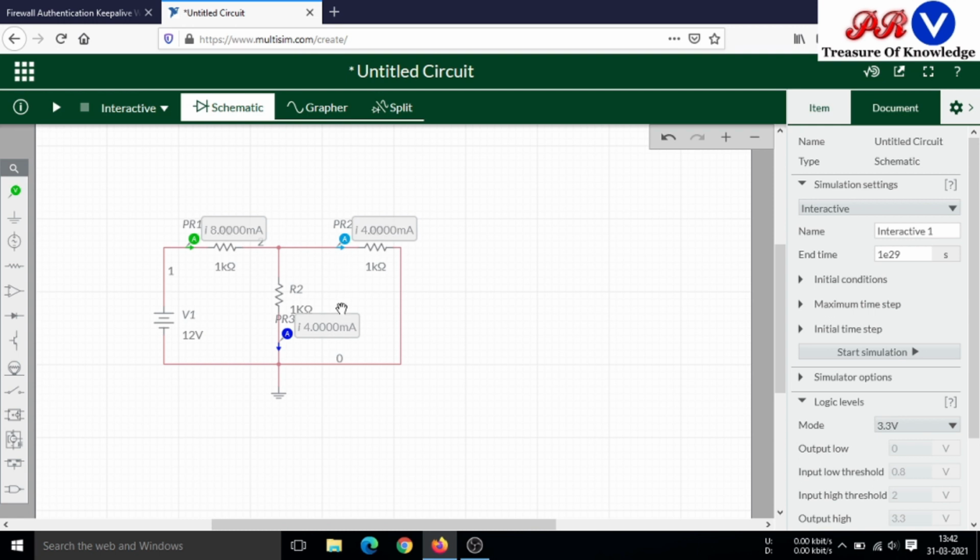This is the verification of KCL. In this way you can make a table for the KCL experiment by using different voltages and different combinations of these resistors, and you can do your experiments.